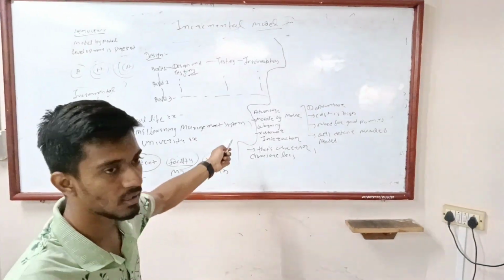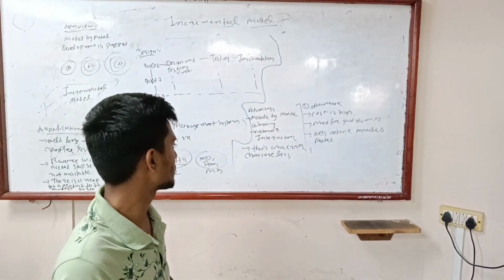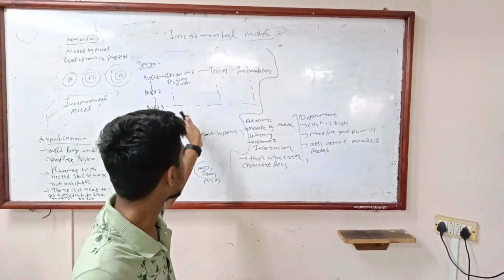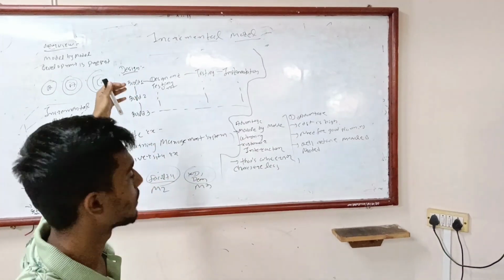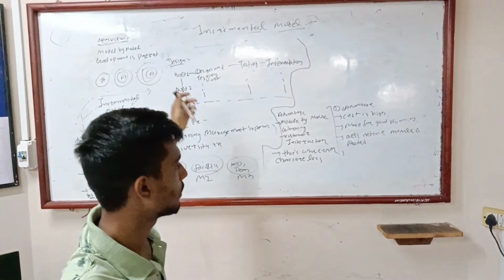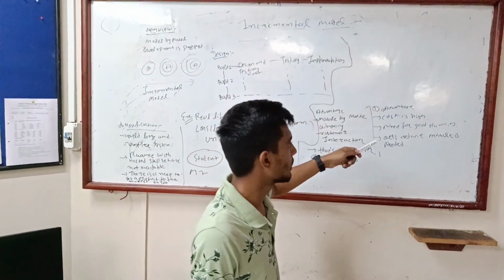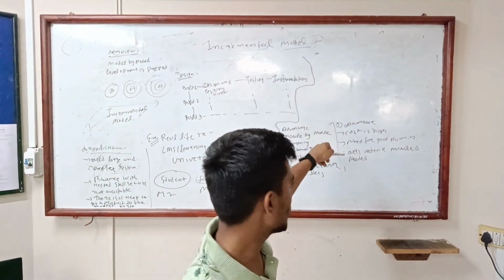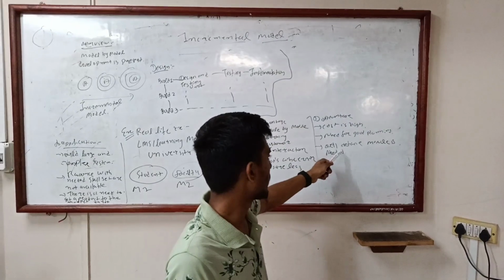The advantage of this model is that module by module working is present. So that's why this is the advantage of the incremental model. Then customer interaction module by module we include. That's why error chances are less in this model. The disadvantages are that the cost is high, there is a need for good planning before we create this model, and well-defined modules are needed.